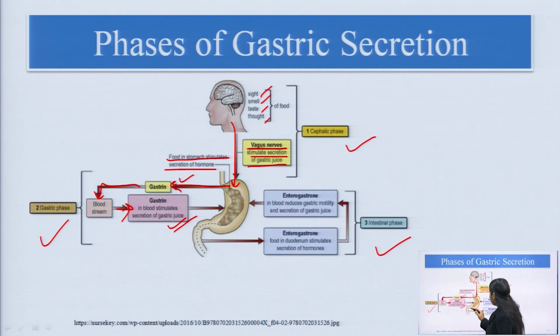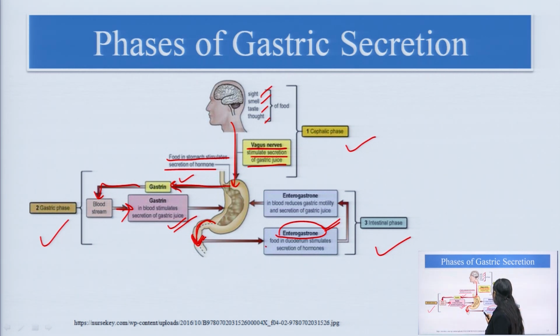Now, the food is moved to the small intestine, the partially digested food, because it will be completely digested in the small intestine. So, we are saying it is partially digested from the stomach, and that will move to the small intestine. Now, in the small intestine, there is one hormone, that is enterogastrone. This particular enterogastrone is formed from the lining of the small intestine, and this particular hormone,